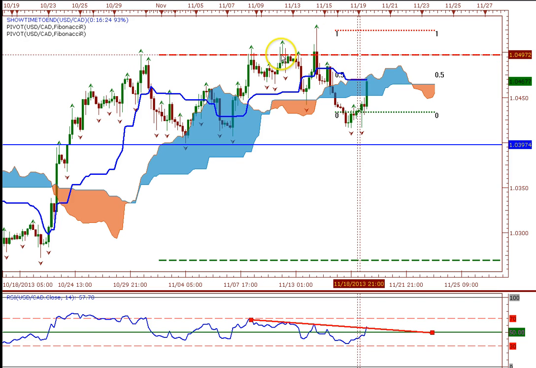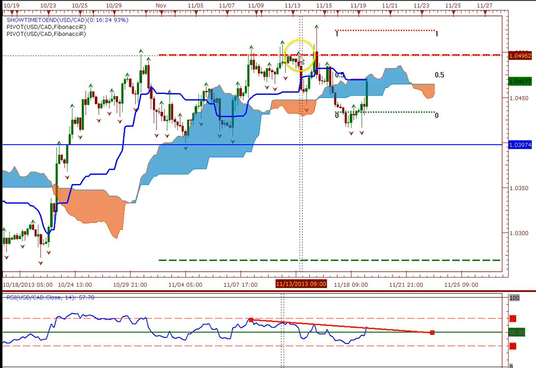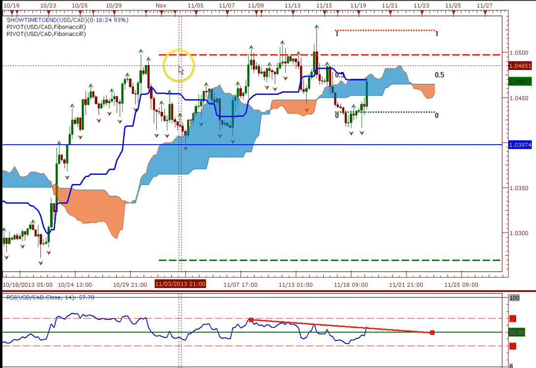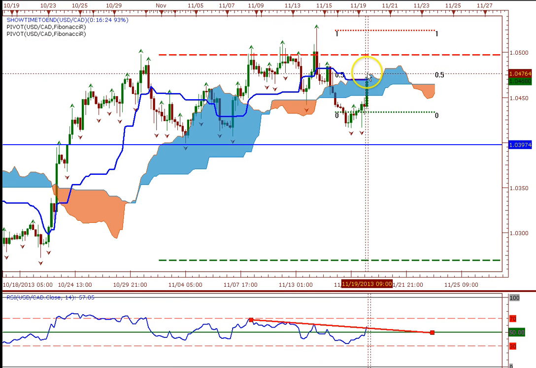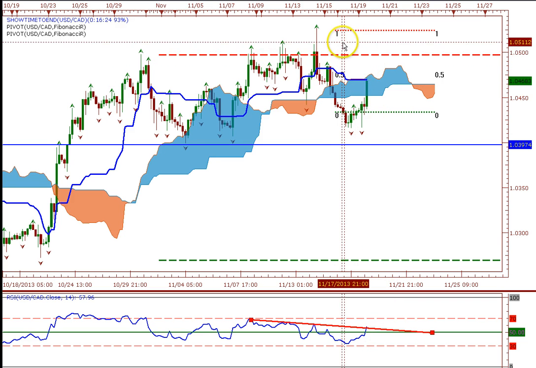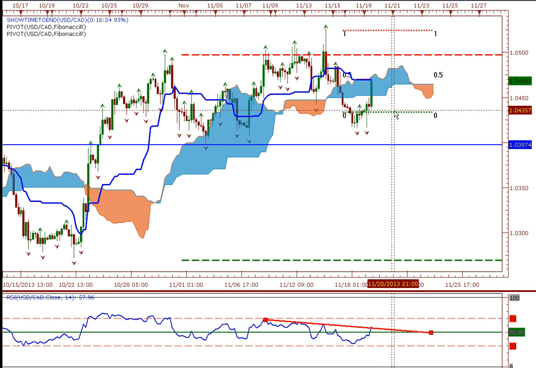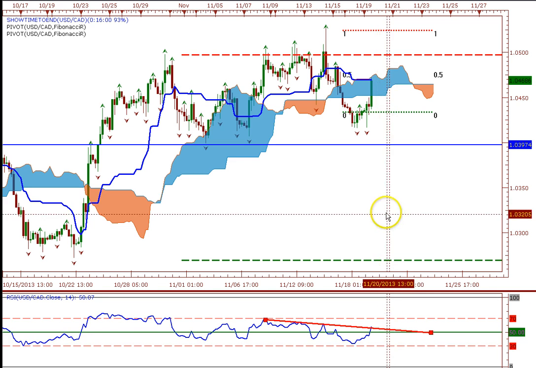But there's not much room here, because you have this top right here, which is going to be resistance, and this previous high resistance, all this resistance. So maybe I wouldn't even mess with this trade. If I'm going to take this, I'd wait for it to break above this level, or break below the cloud again. All right, so that's how you can use that RSI also. So if it bounces here, then we know that maybe we're going to stay low. This is going to be a short trade. Okay,